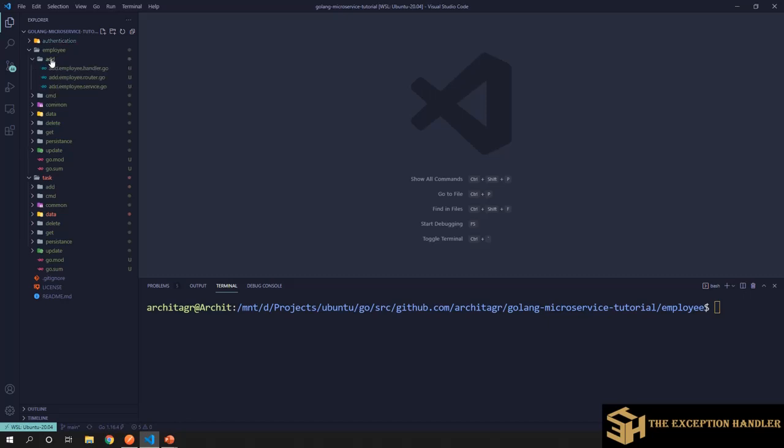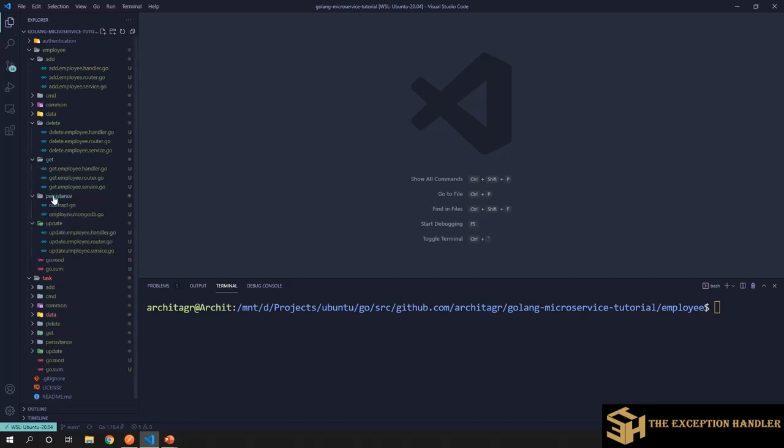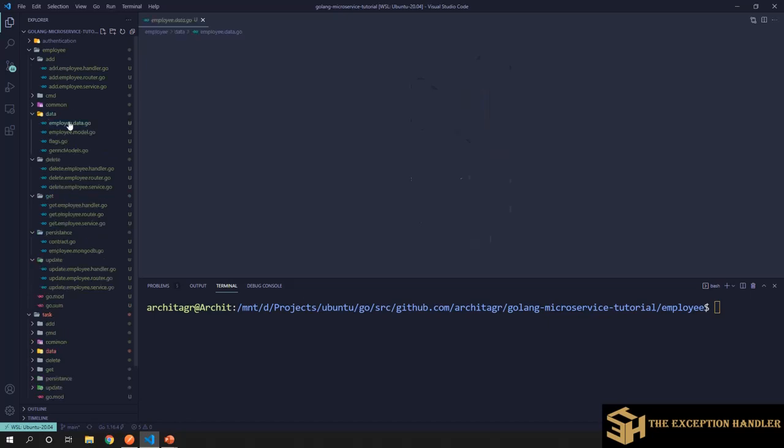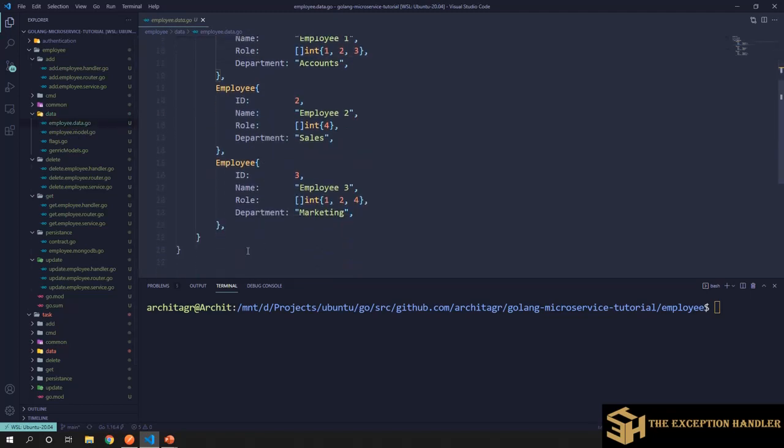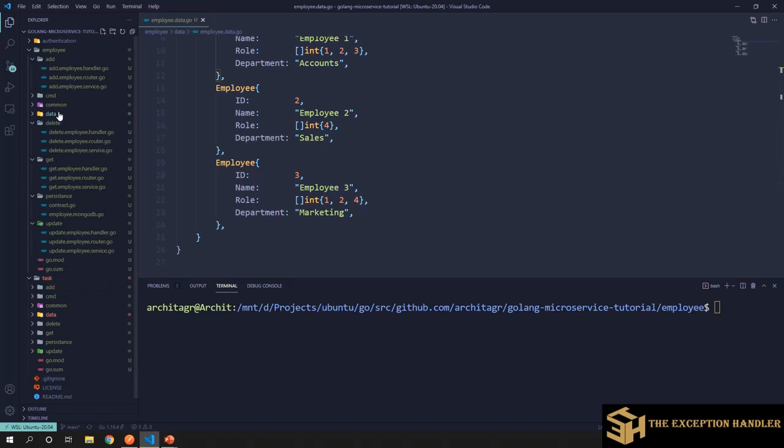So we have an add package, a delete package, a get package, an update package, and persistence for your database related activities. We also have a data package. This is for business entities, and right now I've stored static data just to avoid connecting to a database for this video. And we have some common handlers, common functions for handling errors.